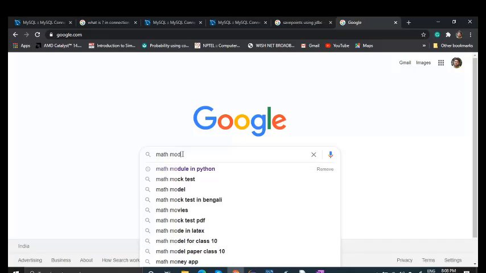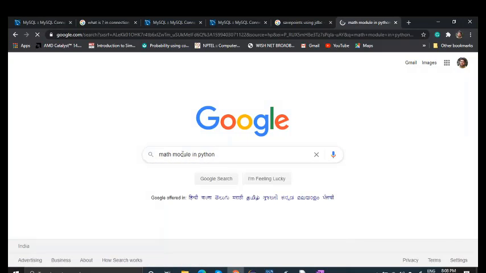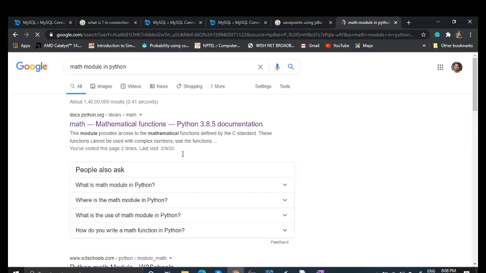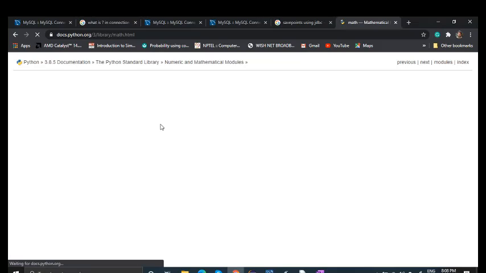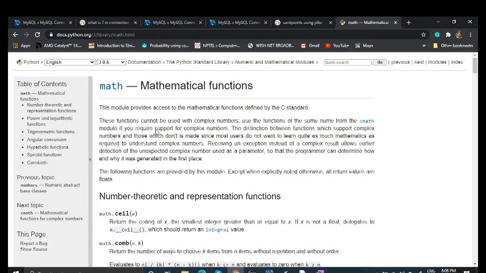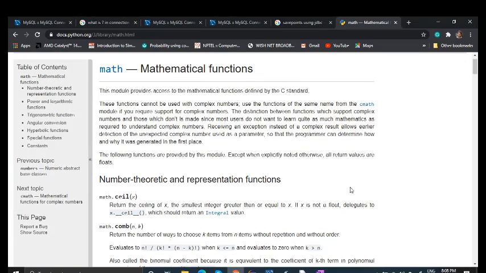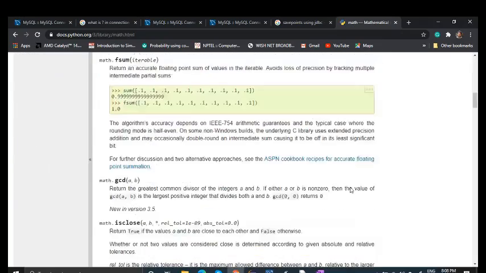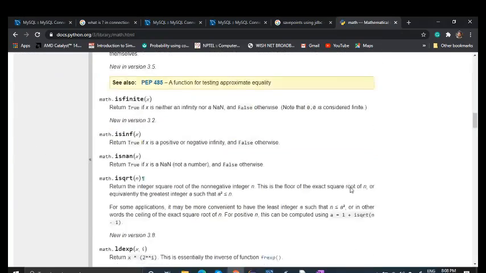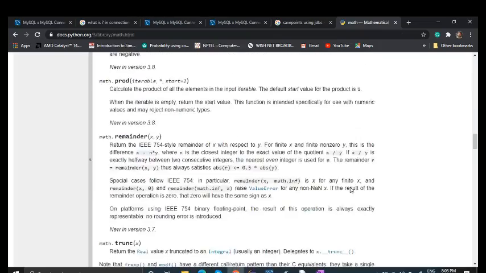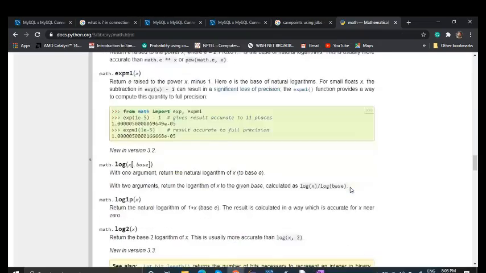Then you will get this. Now you click on the first link. It will show you the documentation, right? Math.ceil, math.floor. So this documentation, you read it and you can practice all the functions as much as possible, right?